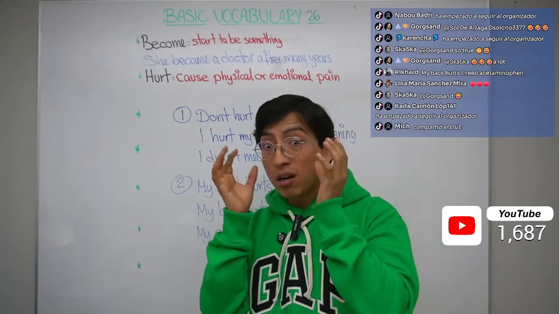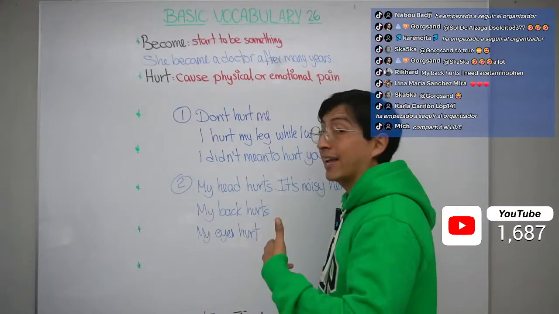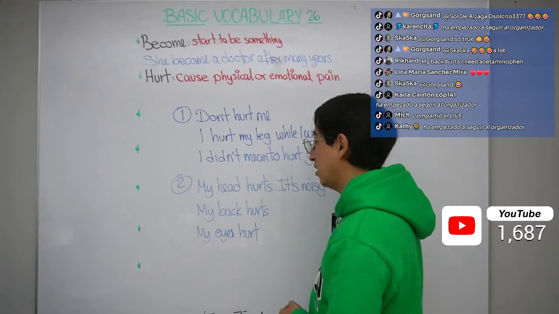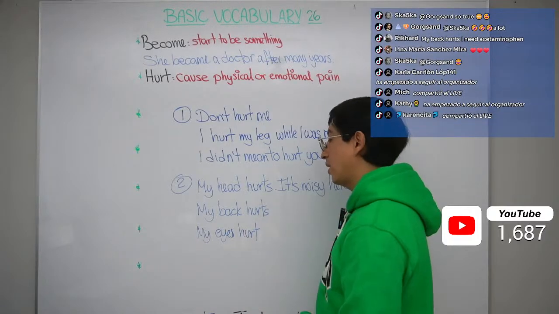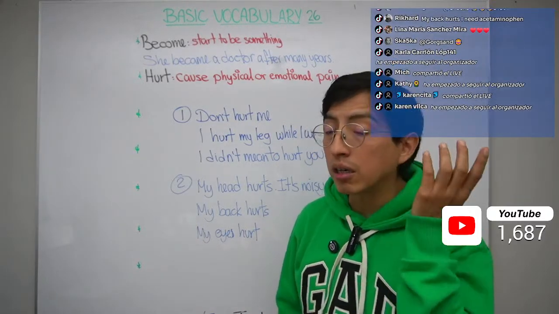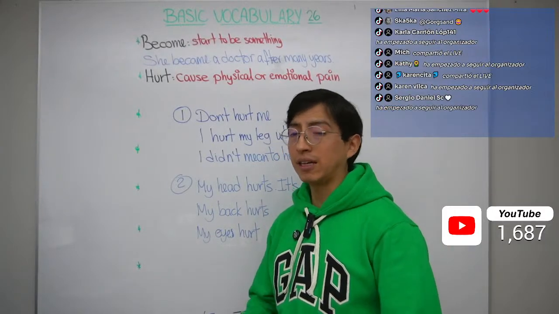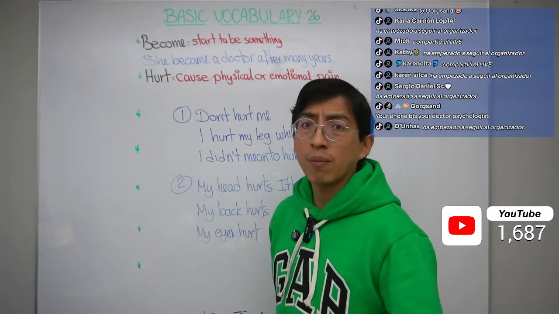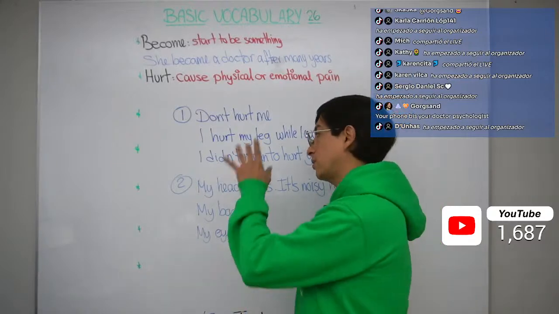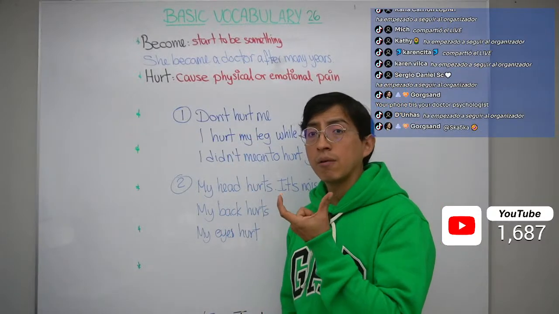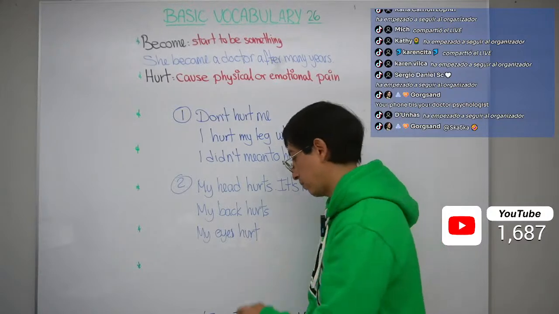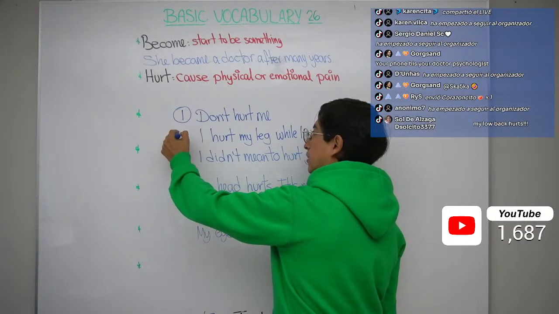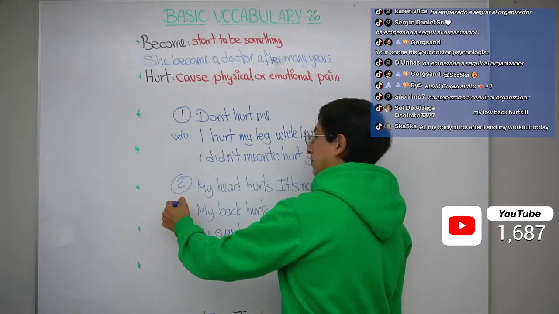Or my eyes hurt. Yes, we're talking about a health problem. Maybe there's a lot of irritation. Your eyes are irritated. But you can say this, no? My eyes hurt. My ear hurts. My legs hurt. So you can use any part of your body to express that there is a problem. Guys, you have to write some sentences using this word, okay? Hurt. And remember, hurt is a verb.